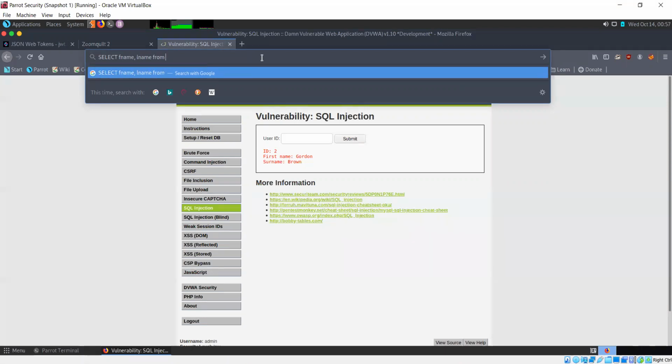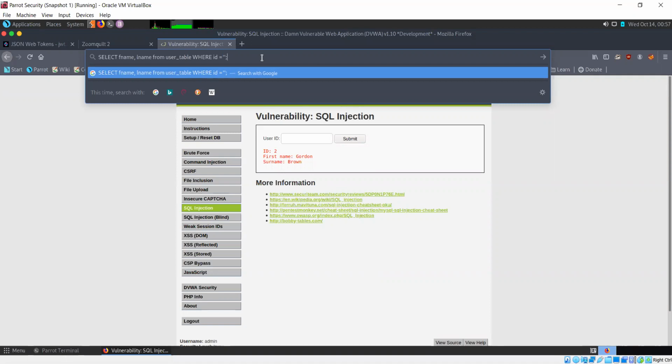From whatever the user table name is, where ID is equal to, single quote, and then a single quote, and a semicolon at the end.